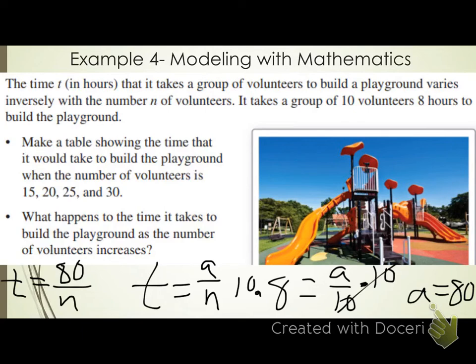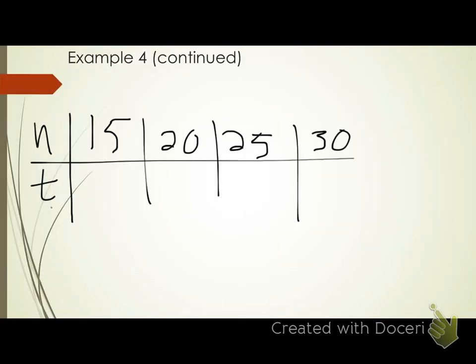I'm going to take each number that it gave me and do 80 divided by those four numbers. Does that make sense? So here I've got to do 80 divided by 15, because remember we're doing T equals 80 over N. These are the N values it gives me. So 80 divided by 15 gives me,